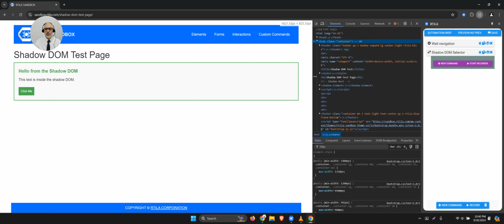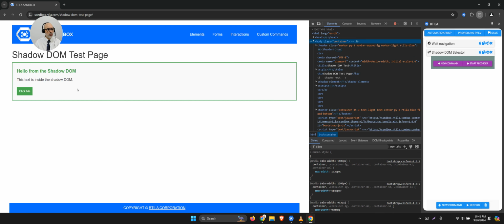what this is about. So here, if I want to click this click me button, this is hidden inside the Shadow DOM, and other or normal automation tools are not able to go and click that button. Or if it was a populate field, a text field, we would not be able to populate it with an